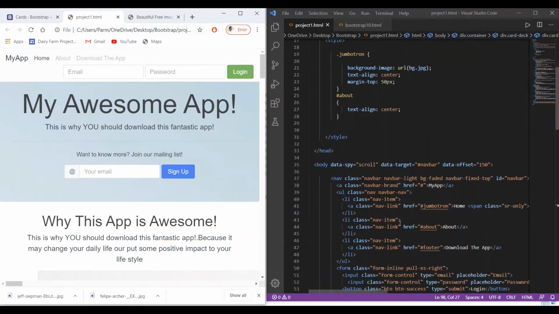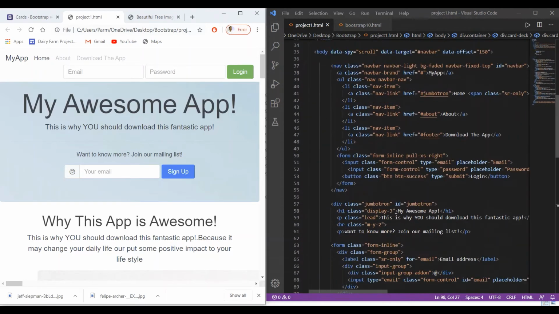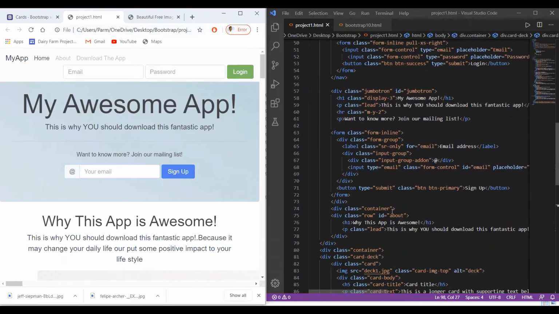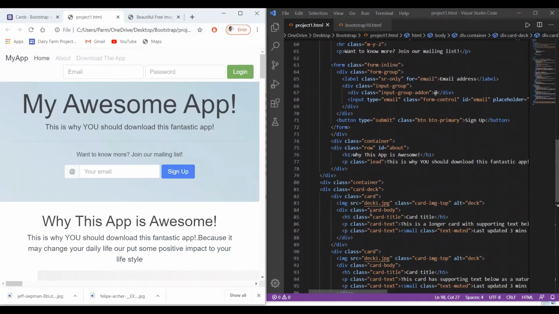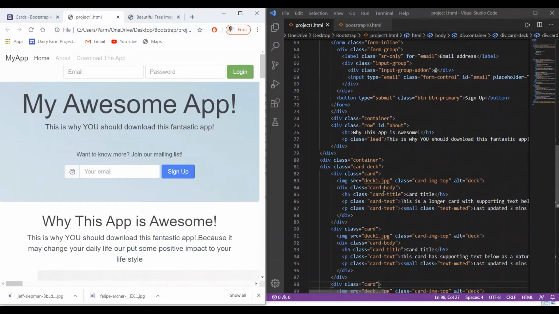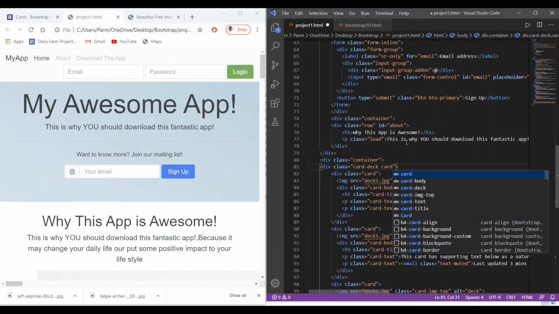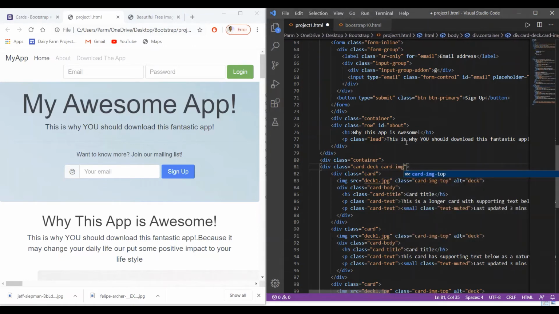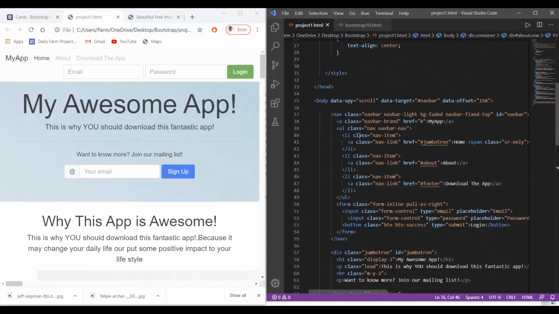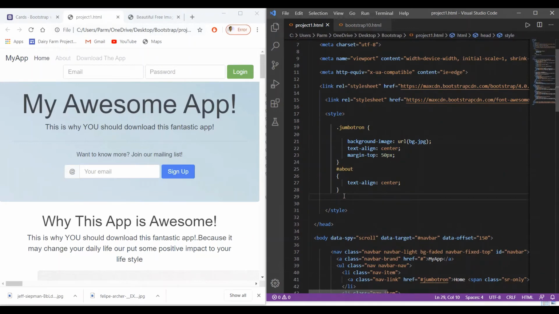Let's give a class to this. Add one class to this container. I'm just giving one class to this, say image card image top. I'm just giving a class to this here, and to this I will write here